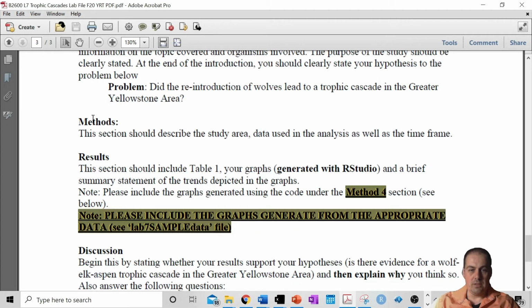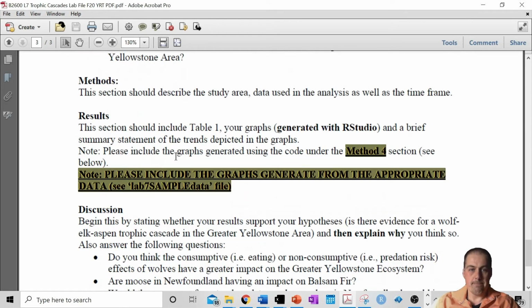So for the methods this time, you're going to actually describe them. So where was the study area, what data was used, what type of analysis was done, the time frame, etc. For your results, you're going to submit table 1, which is the table above there, and a